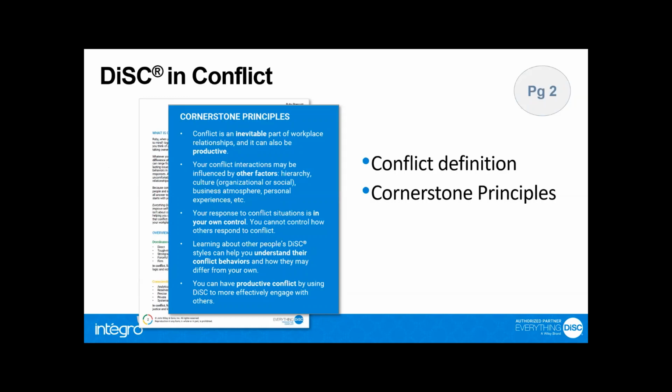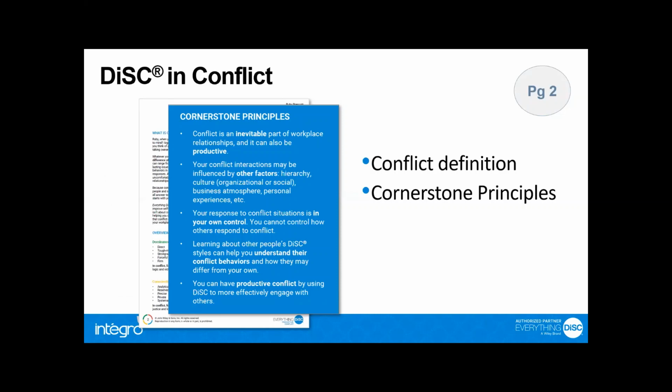All right. Point number 3 is really important, and I need to emphasise this, that your response to conflict situations is in your own control. You cannot control how others respond, but you actually do have control over what you do. And that's what this profile is helping people to do better, right? So learning about others' DISC styles can help you understand their conflict behaviours and how they may differ from your own. And you can have productive conflict by using DISC to more effectively engage with others, all right? So like with every profile, the cornerstone principles lay a foundation for the principles behind the profile and the actual